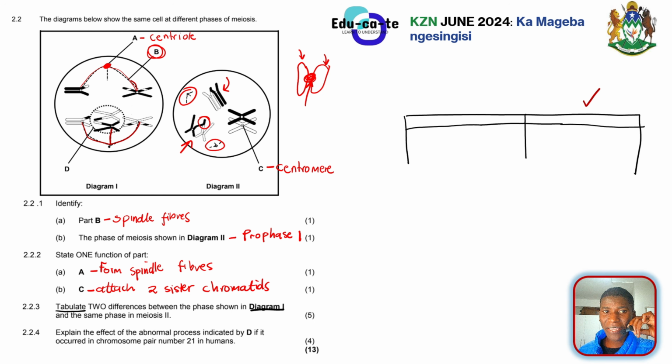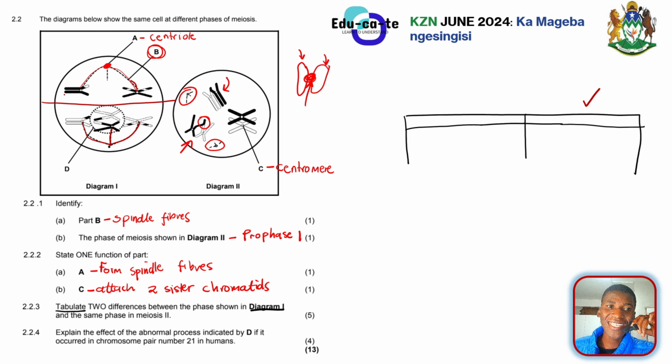Remember, the only way to see the phase is to look carefully at the state of the chromosomes. If the chromosomes are closer to one another, or if they are lying at the center of the cell, we would say that is metaphase. All of them will be lying on top of each other at the center, or at the equator of the cell. But now the fact that the chromosomes have moved further away to opposite sides from the equator of the cell, we can say that anaphase is happening. But which anaphase is happening in diagram 1? It is anaphase 1.